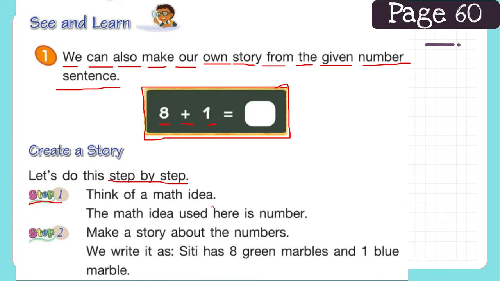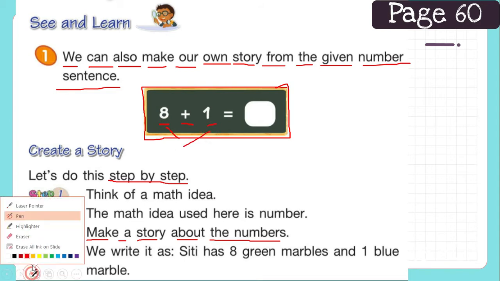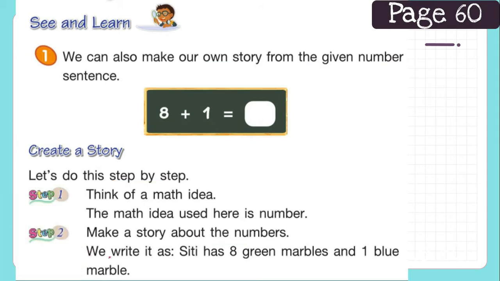Step 1, think of a math idea. Okay, what idea are you going to use? In this idea, we're going to use numbers. Step number 2, make a story about the numbers. We're going to create a story using the numbers 8 and 1. We're going to use the words green marbles and blue marbles, so we're going to write it as